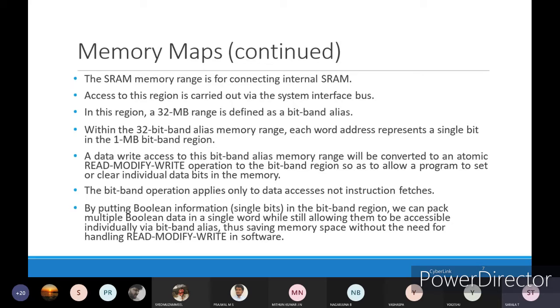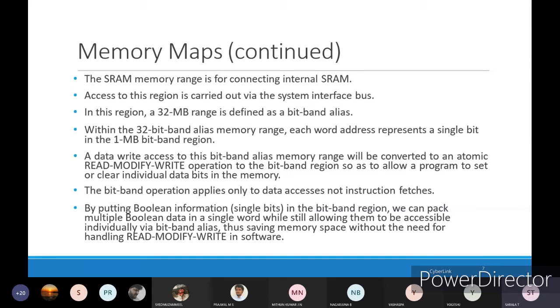As I told you, bit band operation can be operated only on single bits. Whenever you are accessing or writing the data, it will be done on single data. In the bitband region, the 32 bits are arranged in one address area. But if you want to access each and every bit, or if you want to do alterations in each and every bit, then you can alter them in a bitband alias region, where it represents each and every bit in the form of single bits.